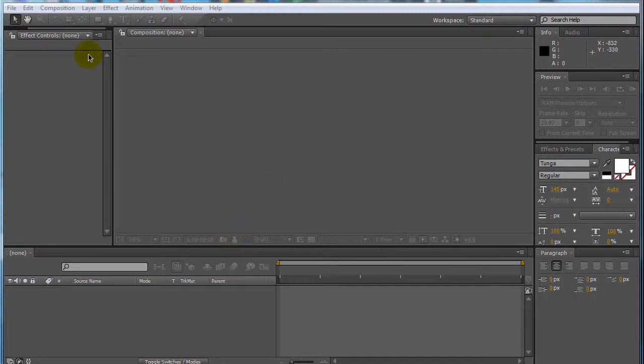You have your project on your left with the effect controls here on the left side. The composition is in the middle, and you have the info on your right along with audio. Below that is the preview, where you push your play button or RAM preview and change your frame rate and so on. Below that are your effects and presets,